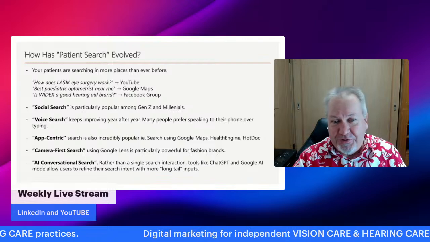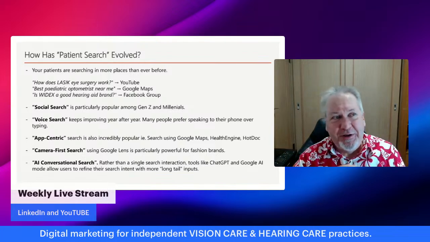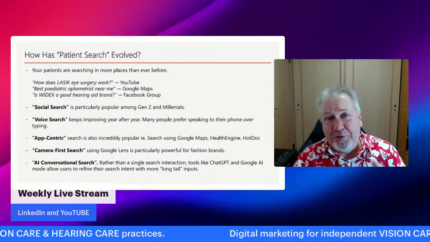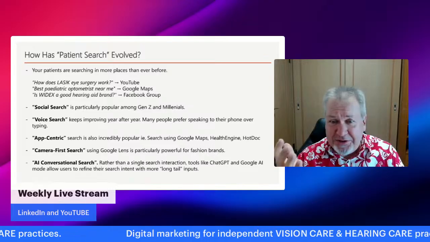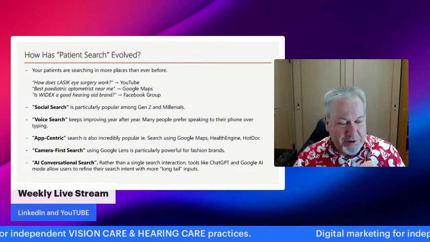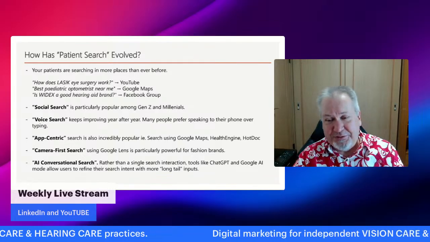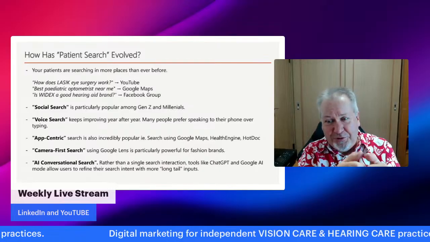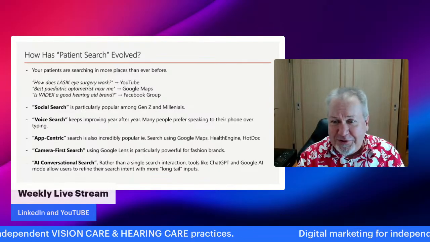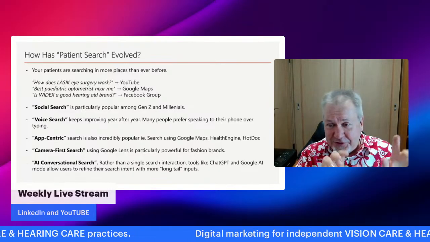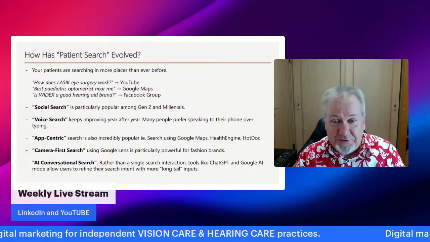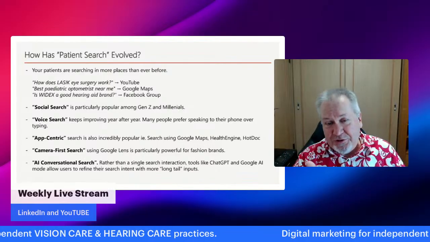Voice search. So voice search is always something that's held promise, but I think for a long time it's had some problems. If you're speaking to your phone, because most people, after all, prefer to speak to their phone rather than type into it. A lot of people are quite skilled with the two thumbs. Not me, I'm afraid. I'm old school with one finger hunt and peck. Put me in front of a keyboard and I can type as fast as I can think, but on phones it's something different. So anyway, a lot of people would rather do their search using voice.